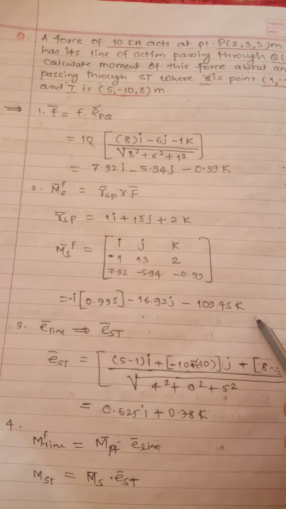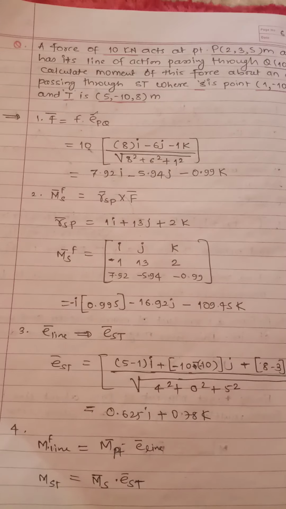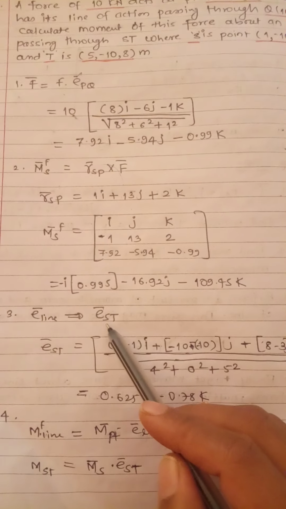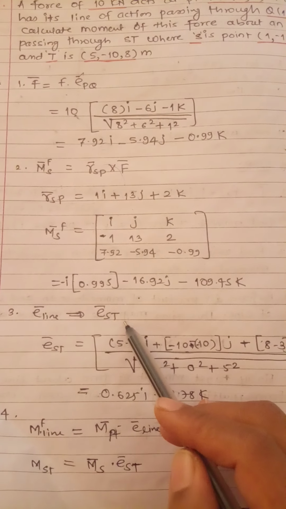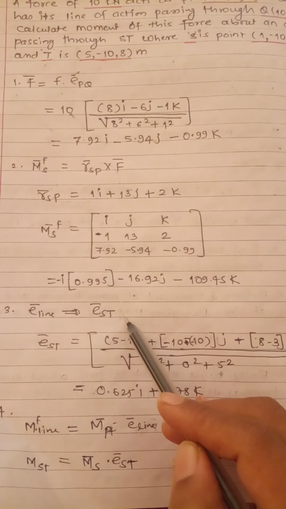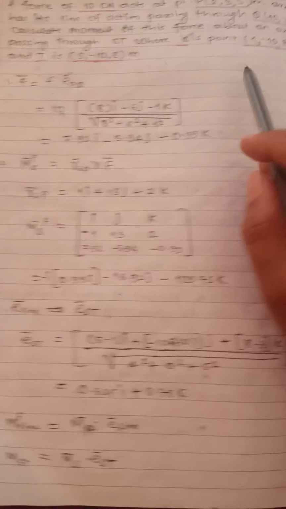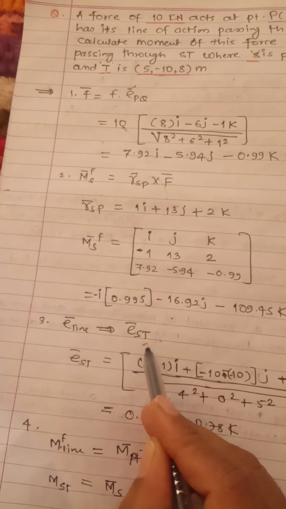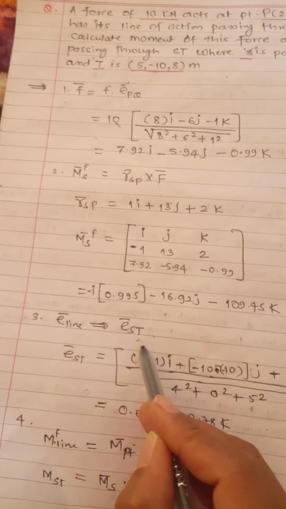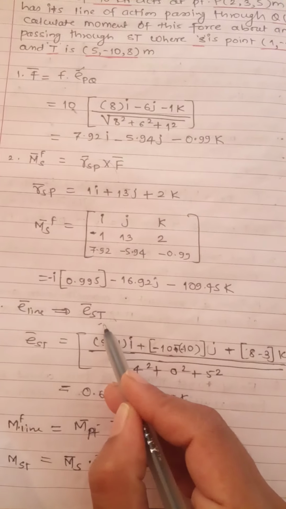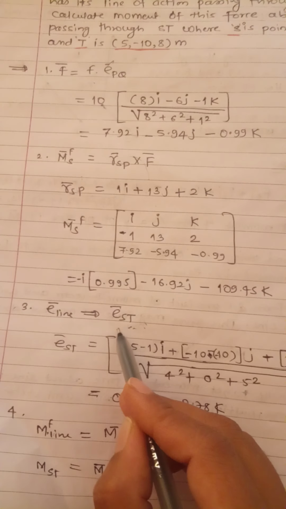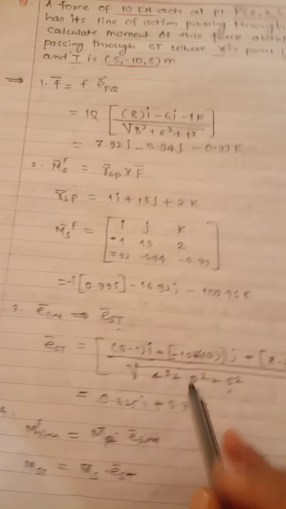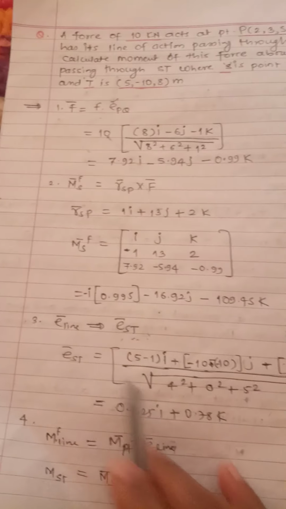Once you know the moment, the third step is to work out the unit vector of the line. Which line is it in this case? ST, meaning we are supposed to find the moment about ST. For that reason we need to find ST. Whenever this kind of equation is there, you just need the points S and T: this minus this, where the coordinates of T will be x2, y2 and z2, and the coordinates of S will be x1, y1, z1. Likewise, 5 minus 1 will be there. I have written everything over here, you will understand it, and your unit vector e_ST will be found.